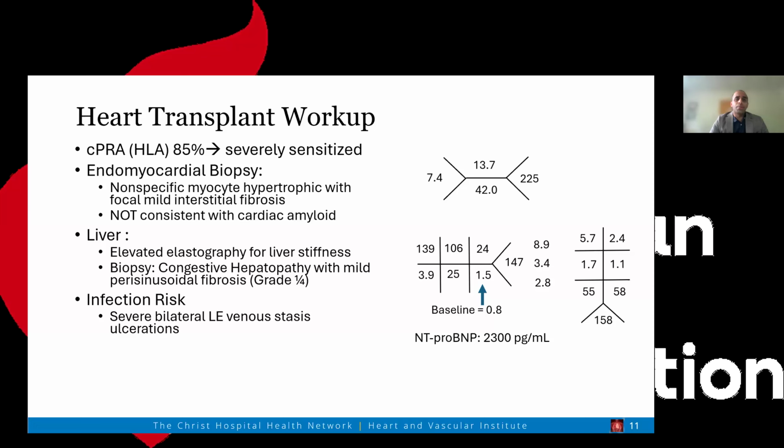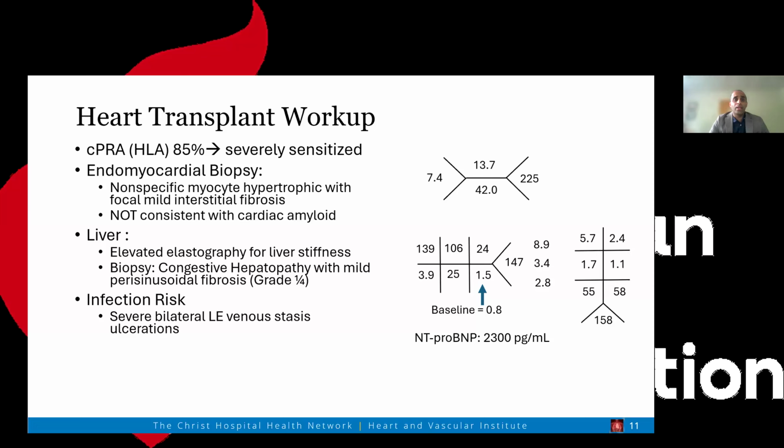In addition, we ended up doing a biopsy of her heart, and that biopsy ended up showing myocyte hypertrophy with some fibrosis, really consistent with hypertrophic cardiomyopathy here, because the muscles were big and hypertrophic, and they have some signs that they've begun to really burn out and turn into scar tissue. There was no finding consistent with cardiac amyloid on that.